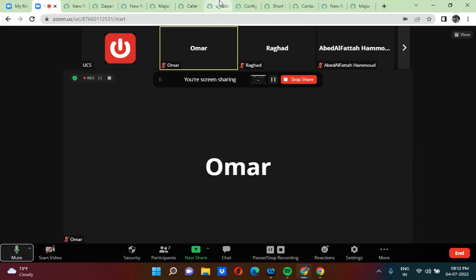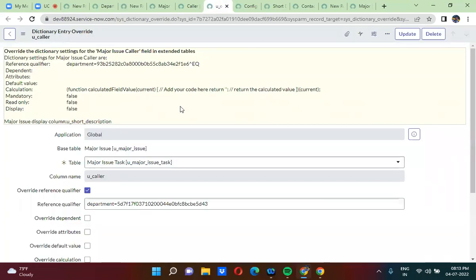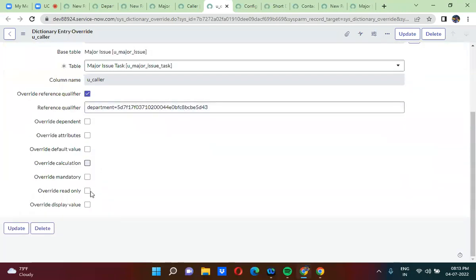So now if we go to the dictionary override, these are all the things that we can actually override. We can override reference qualifier. These are all field properties, guys. So we can override all the field properties like mandatory, read-only, display, default, attributes, dependent, reference qualifier. All these things can be overridden. So you guys understand the purpose of